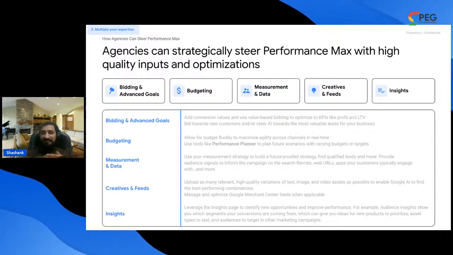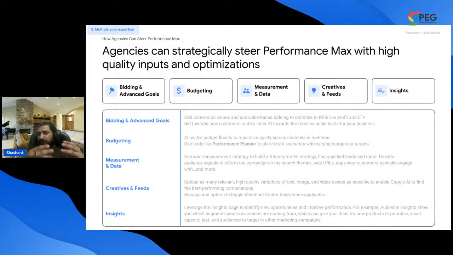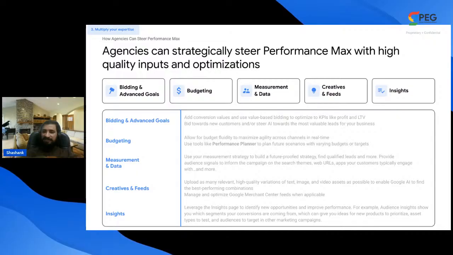Talking about creatives and feeds. Creatives again are a very important part of your ad structure or of your campaign structure. Why? Because creatives actually provoke users to click on your ads and go to your website and end up purchasing goods. For example, say again you're in the e-commerce industry and